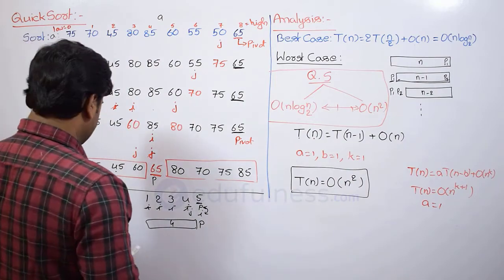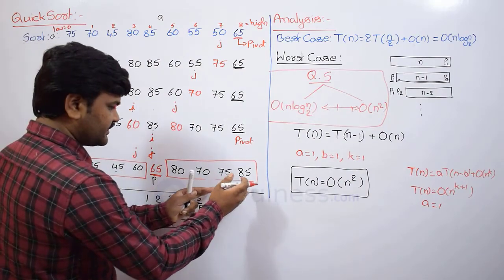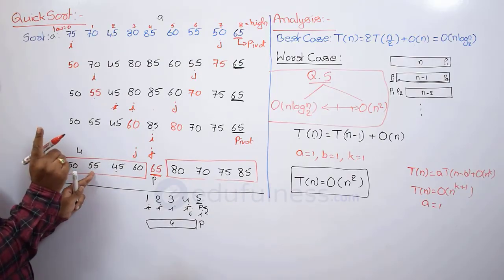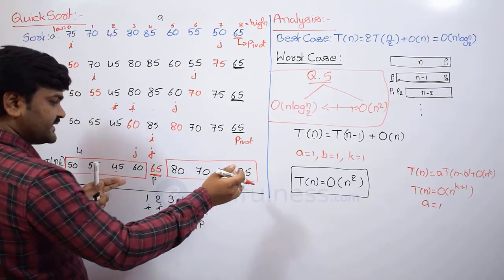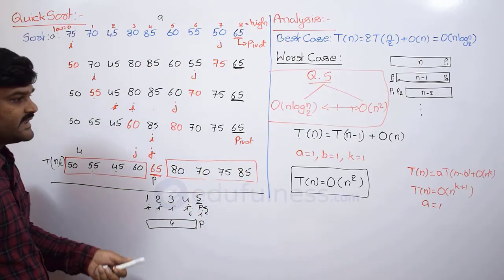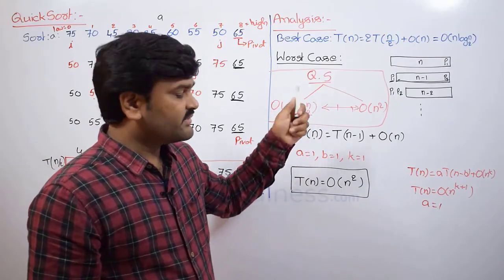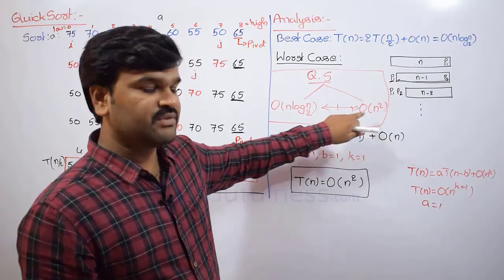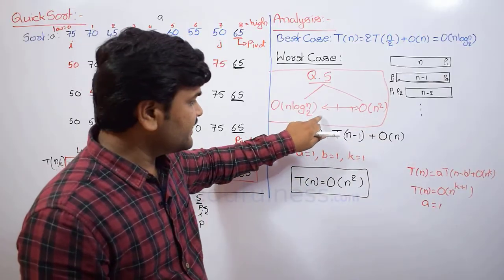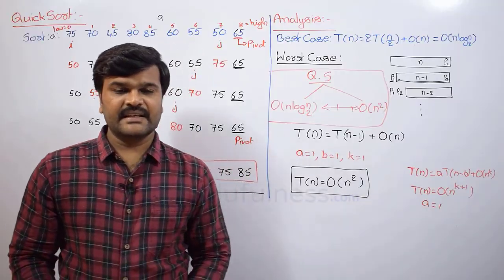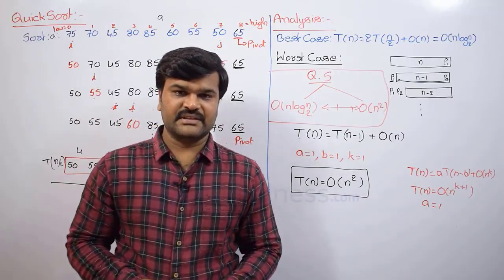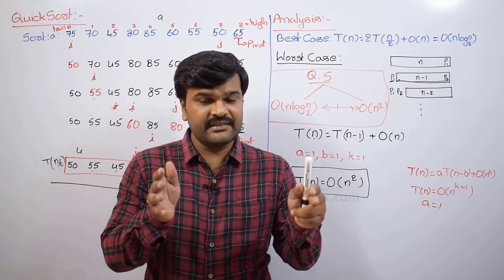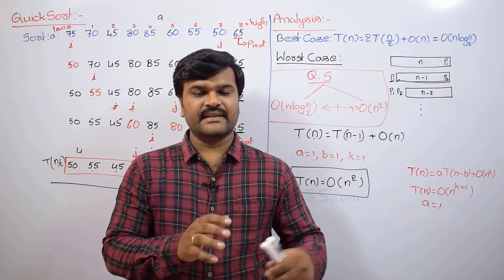Sometimes the pivot element may be exactly at the first position or at the last position, or if it is at the second position, one subproblem is going to have only 1 element and another subproblem is going to have n minus 2 elements. So that is why, though we are saying the time complexity of quicksort in the best case is n log n and in the worst case is n square, maximum is this one, minimum is this one, but it may be in between also. That is going to become the average. Of course, the average case also we are going to say n log n. So that is why it is always between n log n and order of n square.